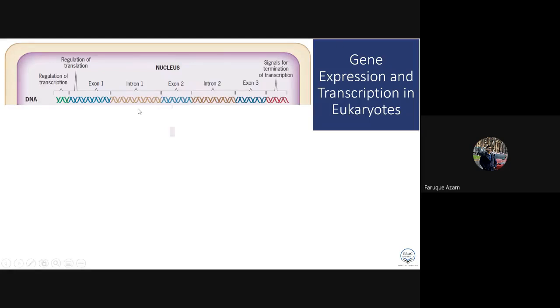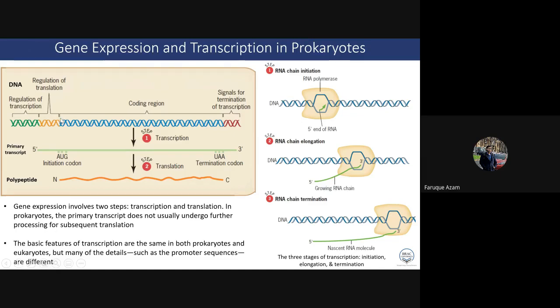So as you've seen in the earlier figure in the prokaryotes, that was the coding region, right? After this regulation of translation, the promoter sequence was here, sorry, in this region, in the green. At the end of the green there's the promoter, and there are some additional sequences which mainly regulate translation, like the ribosomal binding sequence here, and then the coding sequence. Coding means the amino acids are coded within this region. So this is quite simple, but in eukaryotes the coding regions are composed of exons